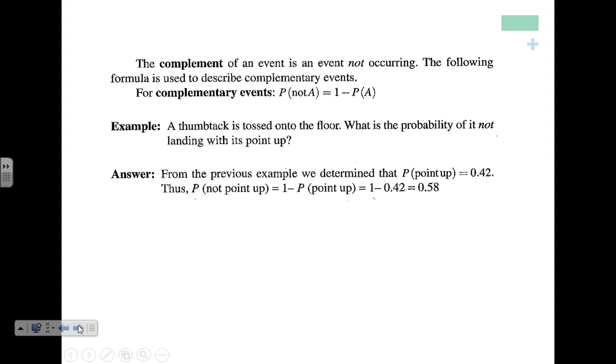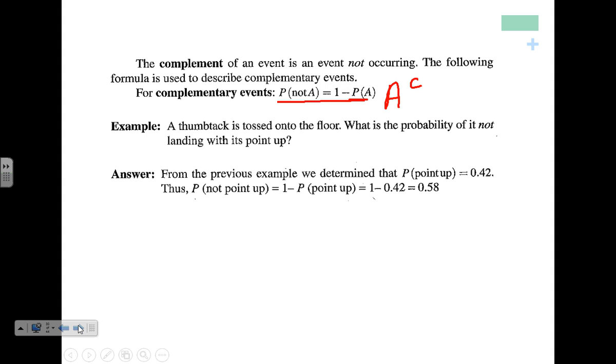Okay, here we're talking about complements. The complement of an event is the probability of the event not happening. So if the probability of A is the probability of something happening, the probability of it not happening would be 1 minus the probability of A, which makes perfect sense. Know that the complement will often be denoted with a little c like this,